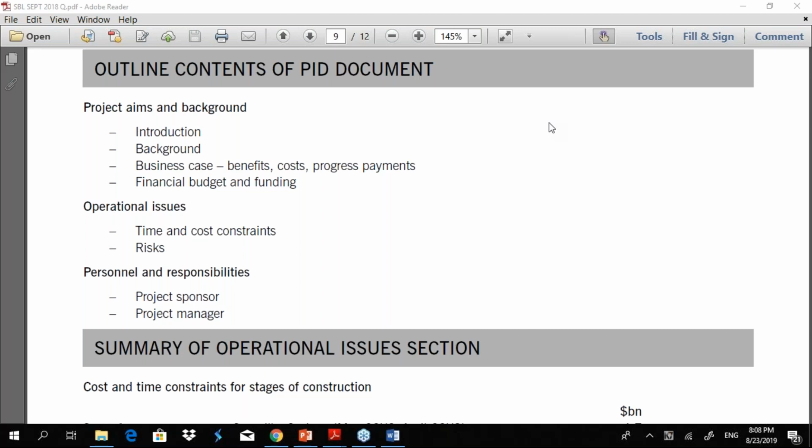And then he will go on to say that there are certain issues that I would like to raise and give you recommendation as to how to move forward. So there he is not talking about the project. He's going to talk about the PID document. Hope that clarifies. It's important that you be very clear as to what to write under which heading.